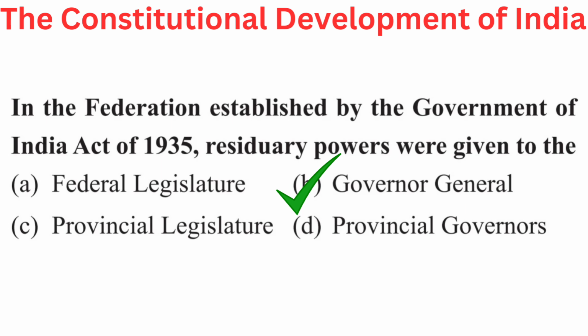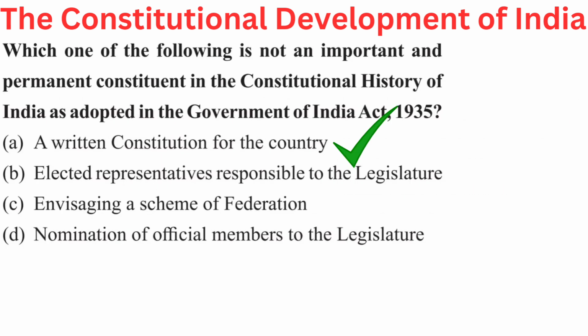Your options are A. Federal Legislature, B. Governor General, C. Provincial Legislature, or D. Provincial Governors. Right answer is B. Governor General. Your question is, which one of the following is not an important and permanent constituent in the constitutional history of India as adopted in the Government of India Act 1935? Your options are A. A written constitution for the country, B. Elected representatives responsible to the legislature,